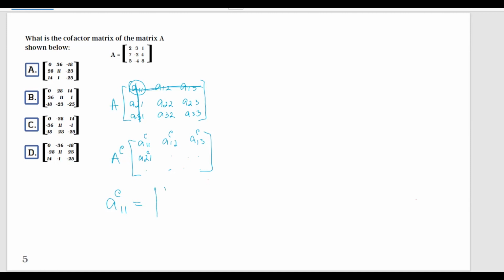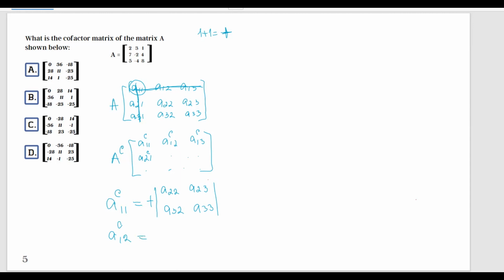So the cofactor is going to be equal to the determinant of what's left from what I cut out now. A32 and A33. And then on top of just the determinant, I have to check. So the 1, 1, this element, 1 plus 1, is an even number. So that means that I'm going to get a plus value in front of this determinant. And if I was to calculate this A12, moving forward, if I am calculating A12, the cofactor of this